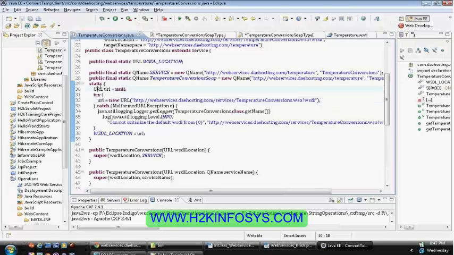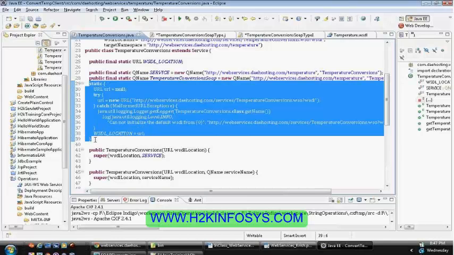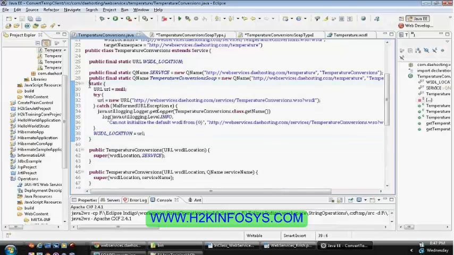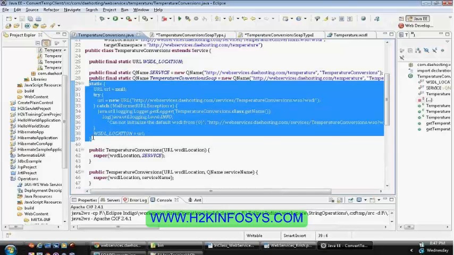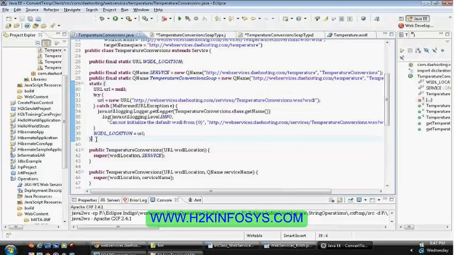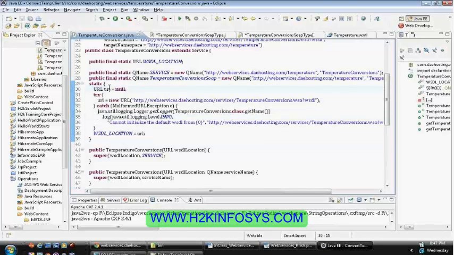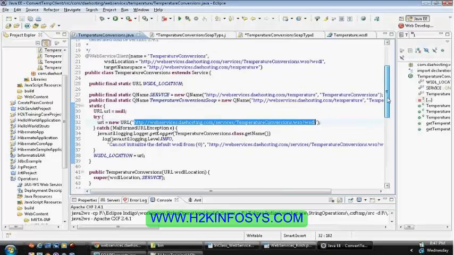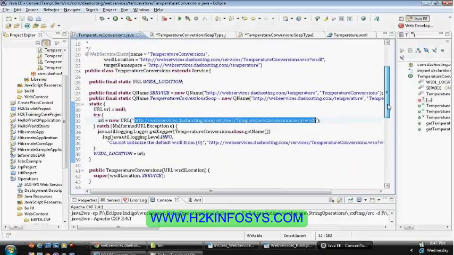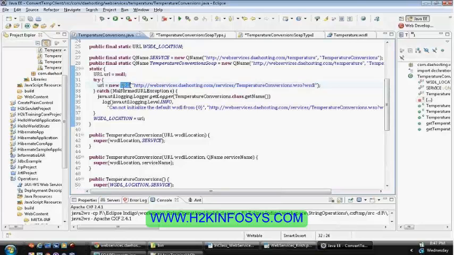Once you have created it, you can see that this is a static block, which means this block will be loaded only once. Whenever you process a client request, this URL object will be created only once, because we won't be changing the URL object, because this is related to the server. It's necessary for us to load it only one time into the memory. Once you have created a URL object,